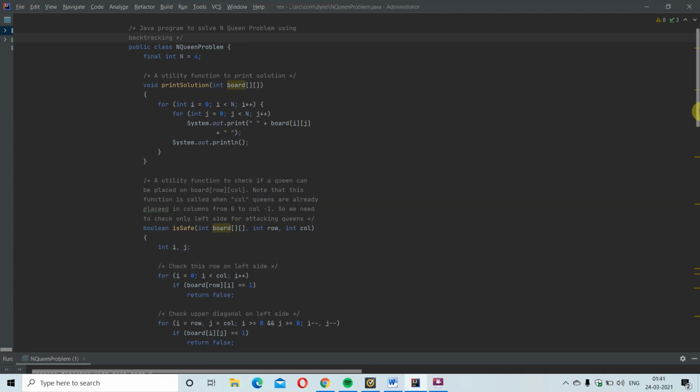Now a utility function is going to be introduced to check whether the queen can be placed on the board at row and column.